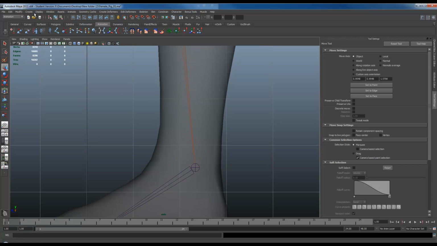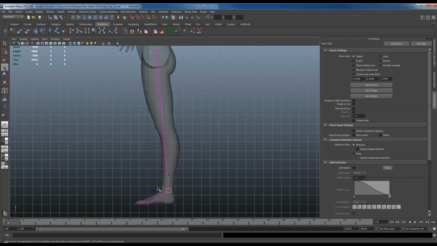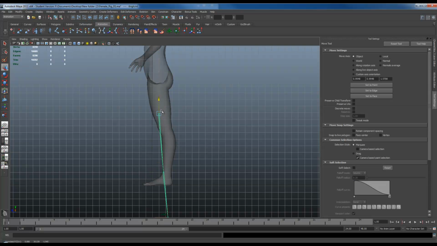I'm going to go to Display, Animation, IK Handle Size, and take my handle size up. This way I can actually see my handle. If I click on this handle and move it up and down, I'll notice now the knee bends like a real leg. The problem I still have, though, is if I move this thigh down, the whole leg still goes